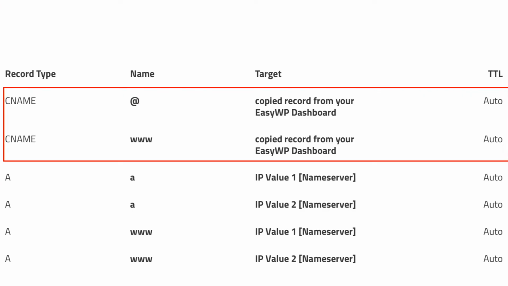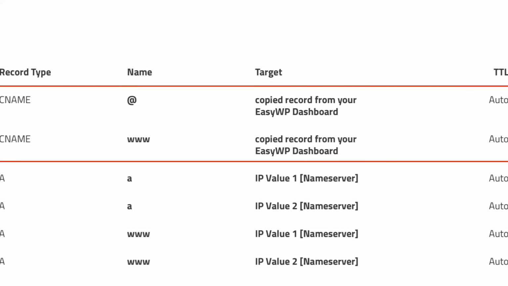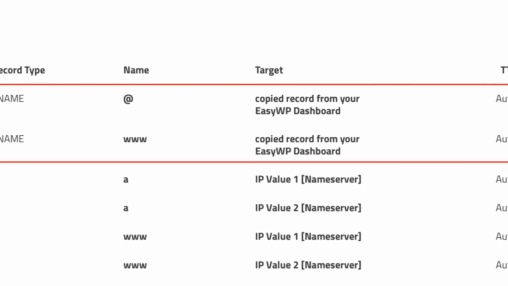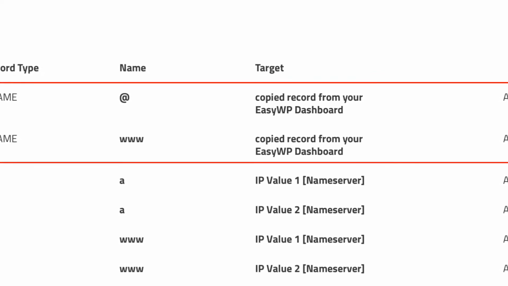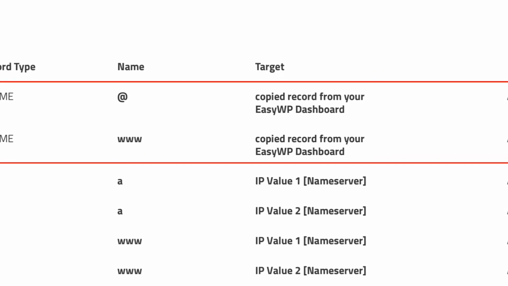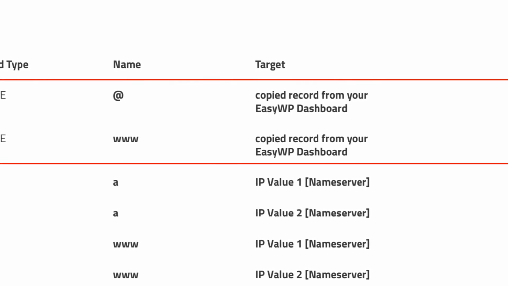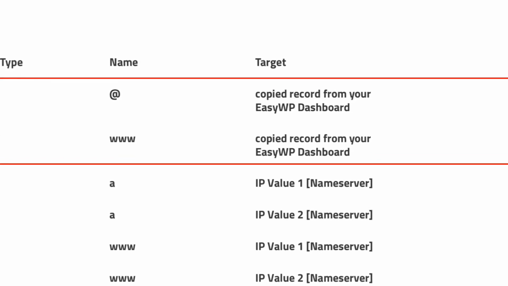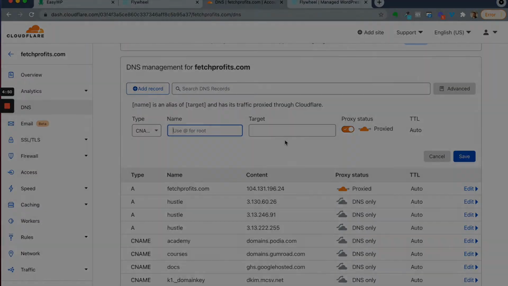Here's a look on what you need to do depending on how you're going about this. If your DNS management is with Cloudflare, you will do what is in the red box here. Add 2 CNAME records, one @ and the other www. If you are not on Cloudflare and if you are using some other domain name service such as GoDaddy or anything else for that matter, you can also add A records, but you need to add 4 A records to make this work. So please check with your domain name service provider if they support alias hosting. If they don't, or if you don't want to ask, or if you just want to go ahead with the domain name setting, you can also add 4 A records as shown in the table here.